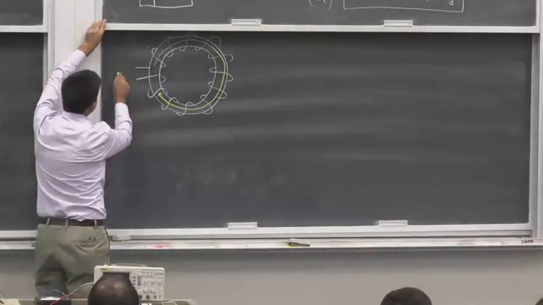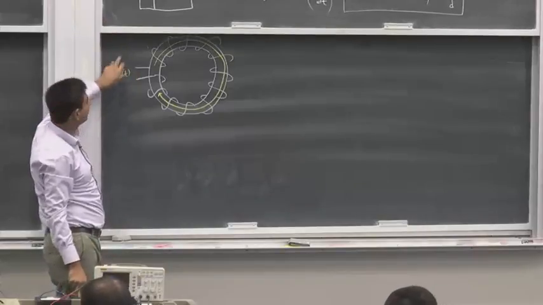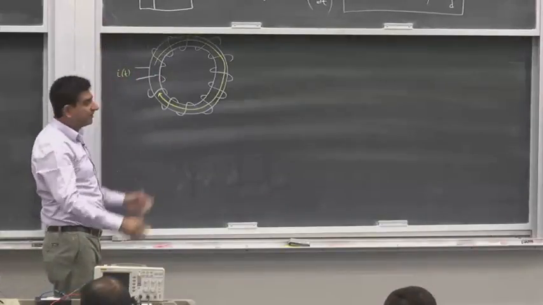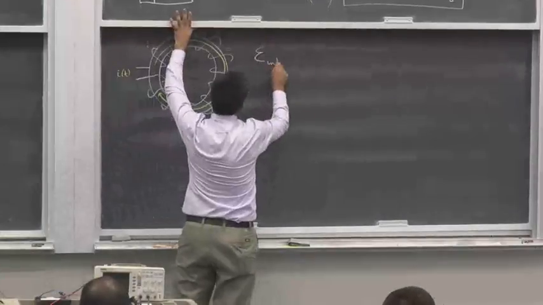Now if the current that goes in is changing with time, because I have an AC source, for example, or a variable voltage source, then the induced EMF inside this toroid is going to be given by